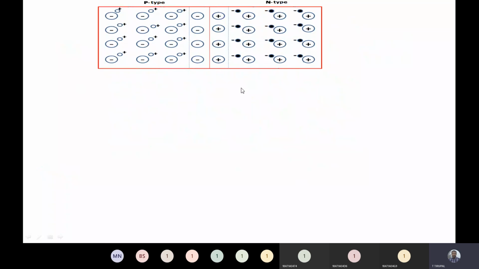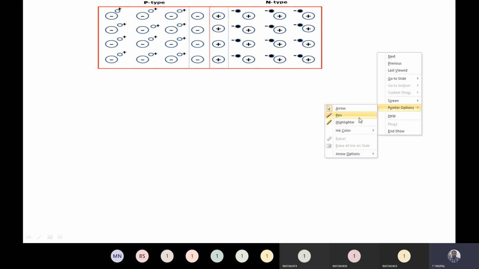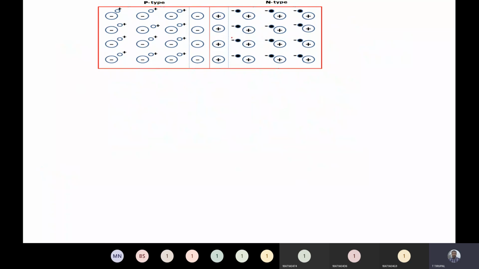See here, this is a structure where the nearby electron and hole are being recombined, and they have been expired. And see here, the nearby atoms, this minus and this plus, are not expiring. Why? Because this minus moves towards the junction. Up to this point it will move, but it will not cross the junction because it is overcome by this